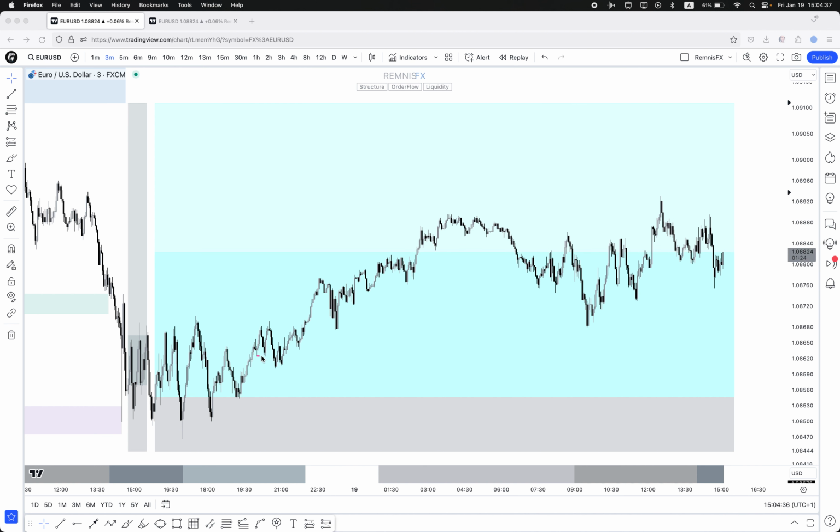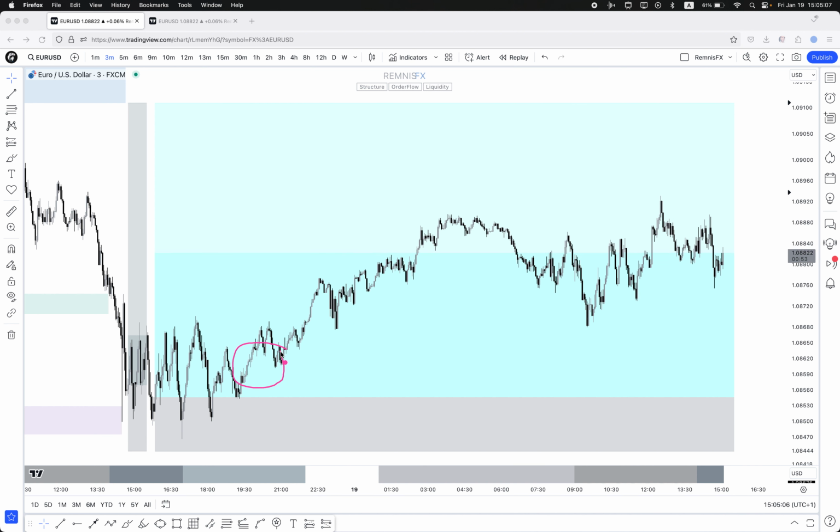And after price liquidated this liquidity point like that, I noticed, okay, price came and it basically reacted to this candle. Now, why is this candle important? Because it took out the previous candle to the left. So it could act as a POI with that liquidity sitting. So basically, I saw a